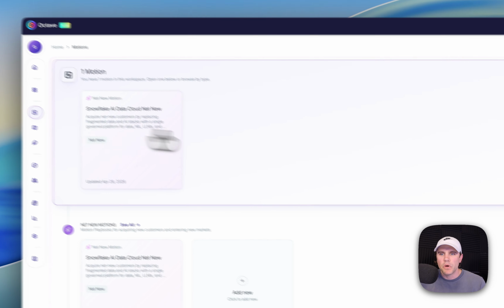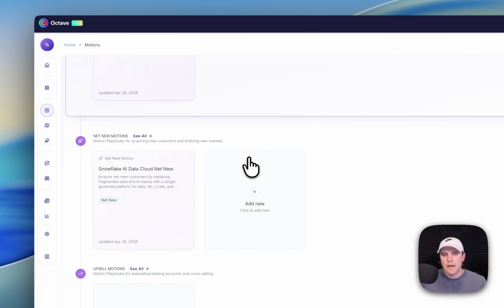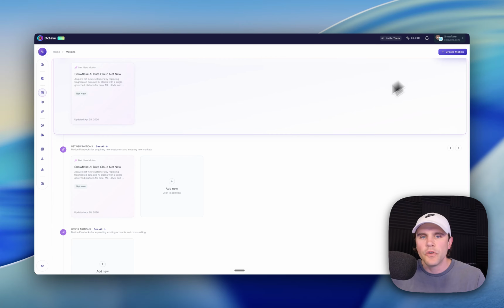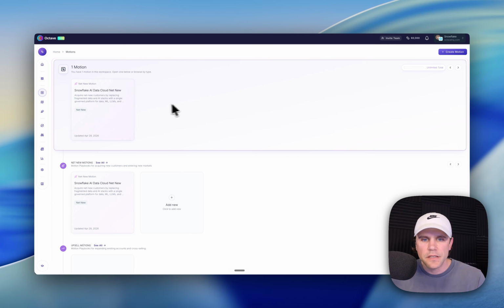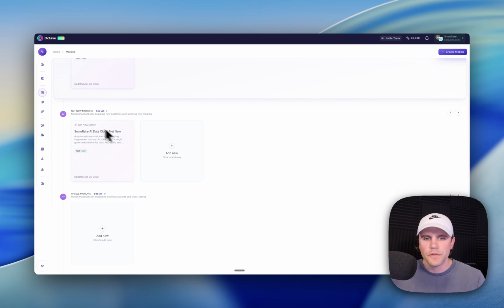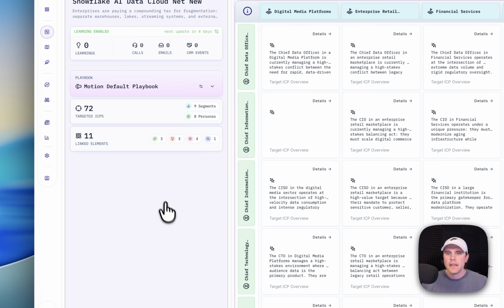So if we go to the motions, you'll see that you're able to create a motion for every product that you have in your library. We're in a Snowflake test workspace, just so you can kind of see that. And I'm creating this video at the time of launch of motions. So you'll see net new and upsell at the time of launch, but you'll see more, like I mentioned, as time goes on. So taking a look at this net new one we built for one of the Snowflake products,